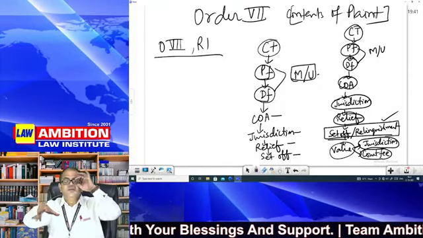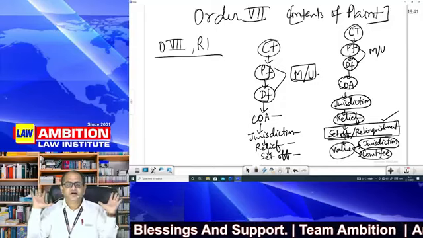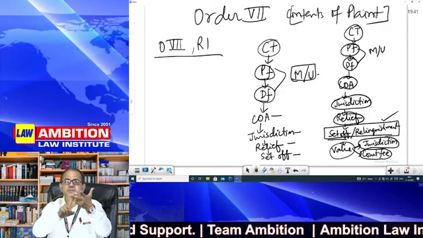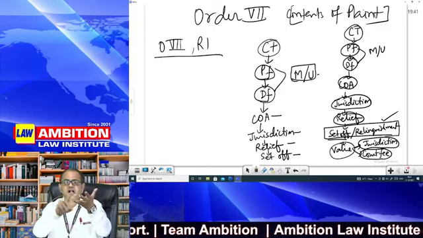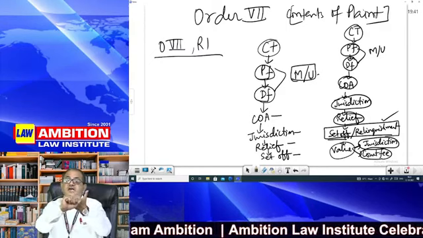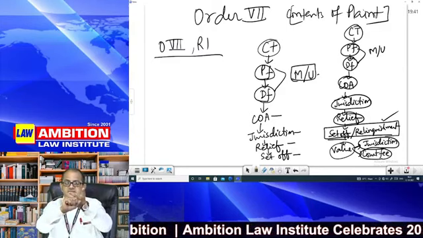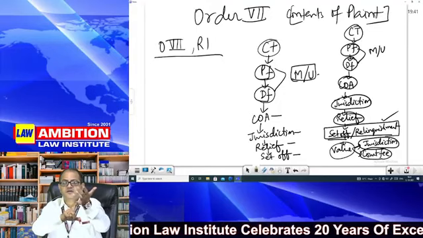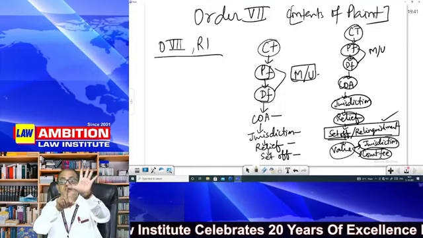Now see, we have to do nothing to remember the contents of plaint, it's effortless. Where will you bring the plaint? In court. Who will bring it? The plaintiff. Against whom? The defendant. Are they minor or unsound? We have read that in Order 32, if you remember correctly. So, a statement to that effect. Fourth, what are you seeking there? Cause of action.